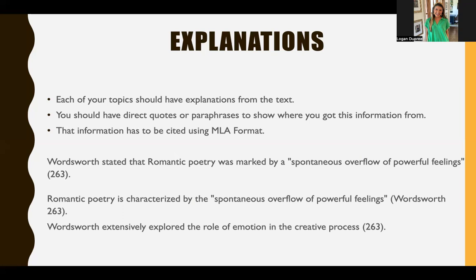And then I also wanted to give you the three ways that you can cite information. You can, of course, use the author's name at the beginning of the sentence and then cite the page number with a period, making sure that you're putting your quotation marks before the citation and around the wording that you used. You can use the sentence and not have the author's name at the front, but then make sure you use the author's name and the page number in the in-text citation.